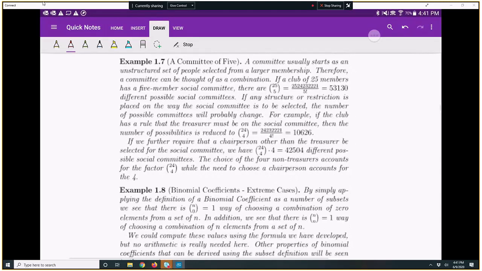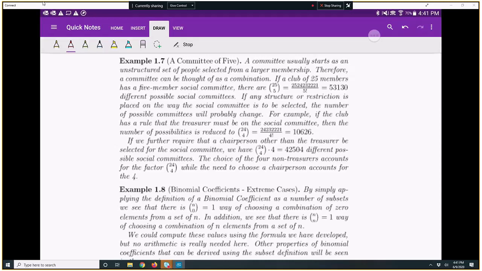Let's talk about a couple more examples and then we'll work through some exercises. A committee usually starts as an unstructured set of people selected from a larger membership. Therefore, a committee can be thought of as a combination. If a club of 25 members has a 5-member social committee, then there are 25 choose 5 different possible social